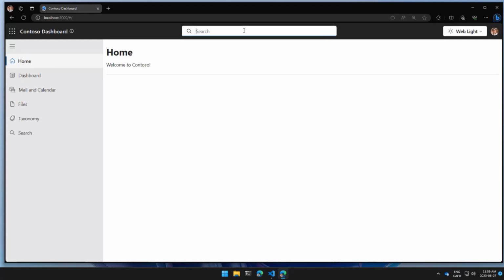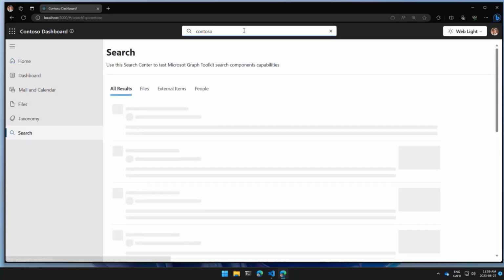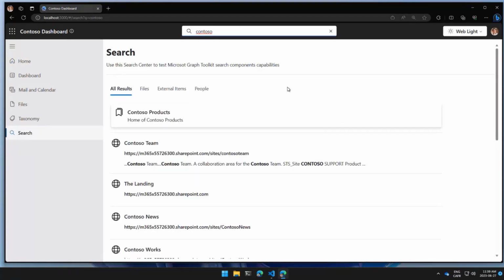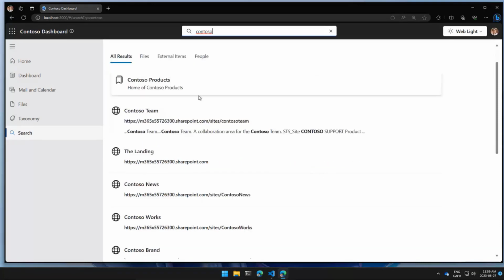So here, I can go in here, hit on search and say Contoso. I'm logged in already. And here you're going to find a couple of things. The first thing you're going to find is this here. Not only do we support the V1 endpoint of search, but we also support the beta endpoint of search, which means that we support Q&A, bookmarks, places. We support a lot of the extensions of Microsoft Search. So in here, it found a bookmark in my bookmark system in Microsoft Search, and it highlighted it for me, similar to how Office.com or the SharePoint default experience does it.